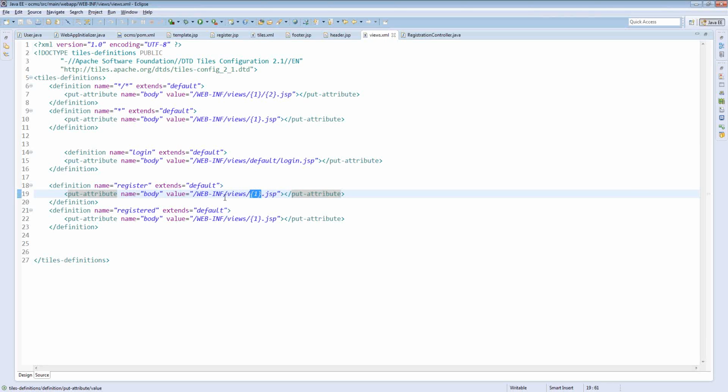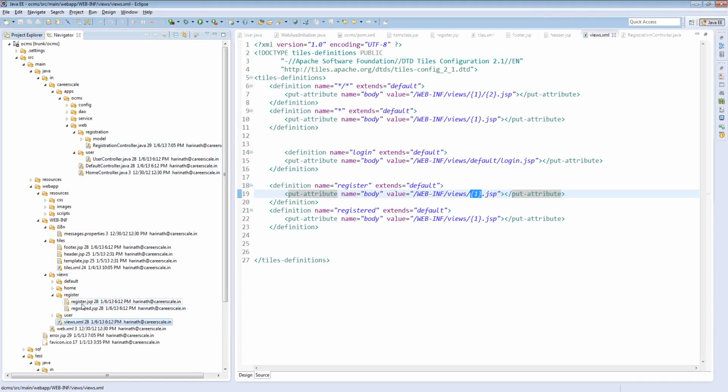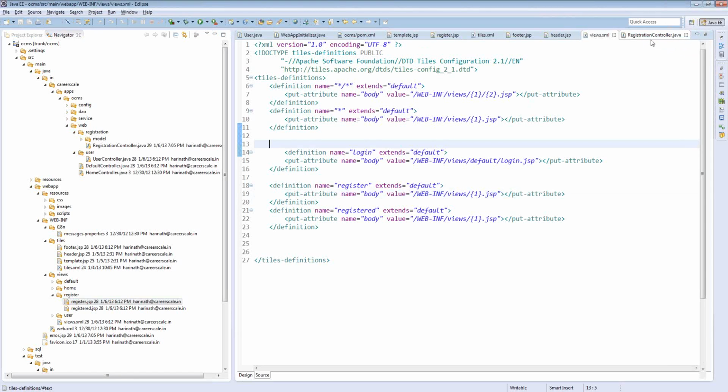So then that means WEB-INF/views/register/register.jsp. Do you have that file there? Views, register and register.jsp. So in the body part alone, this gets replaced. That is a placeholder, a variable kind of thing that gets replaced. This curly bracket, whatever you have selected here, is actually like a variable. So here this value gets filled with whatever you have mentioned in the Java code, in this particular scenario, from registration controller,